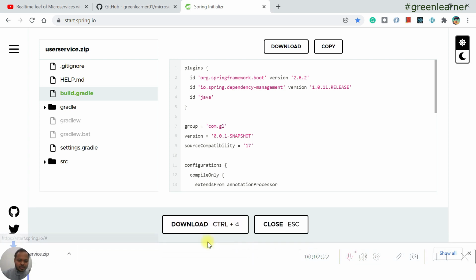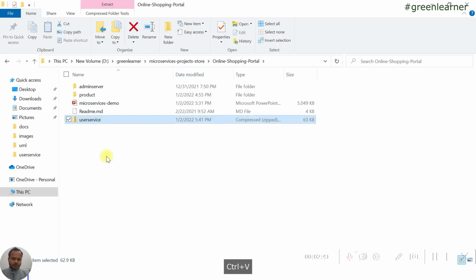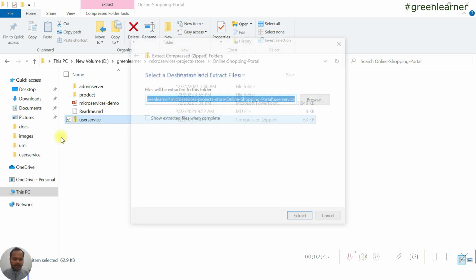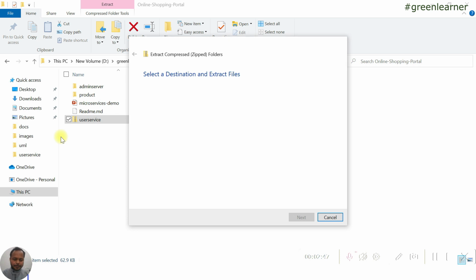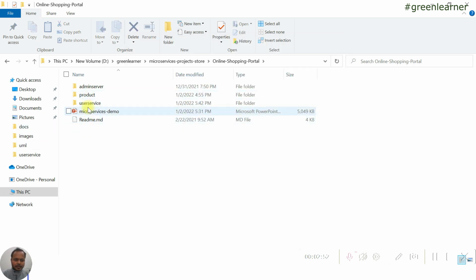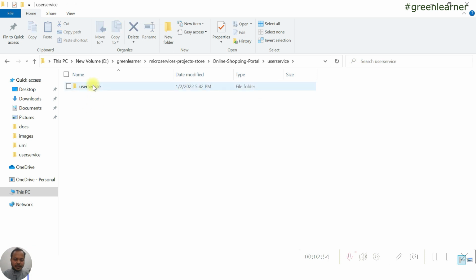Go ahead and download this project and open it in the IntelliJ IDE, or if you are using Eclipse, you can open it in that one. I have pasted it here. Just extract it and open it in IntelliJ. Delete this zip.